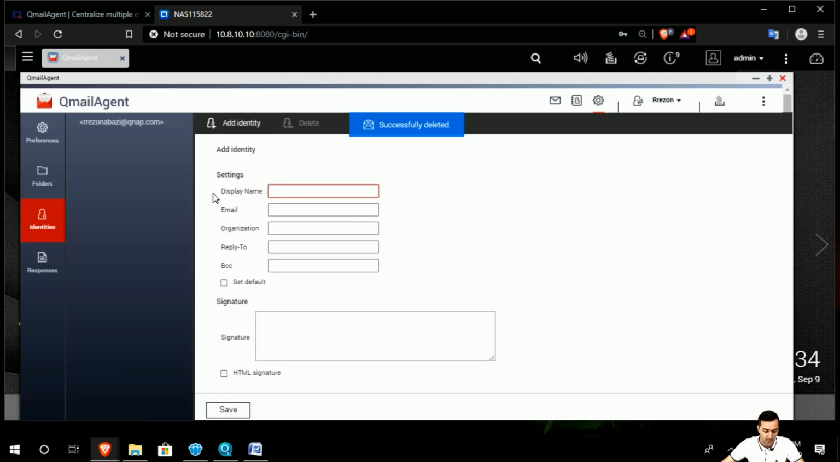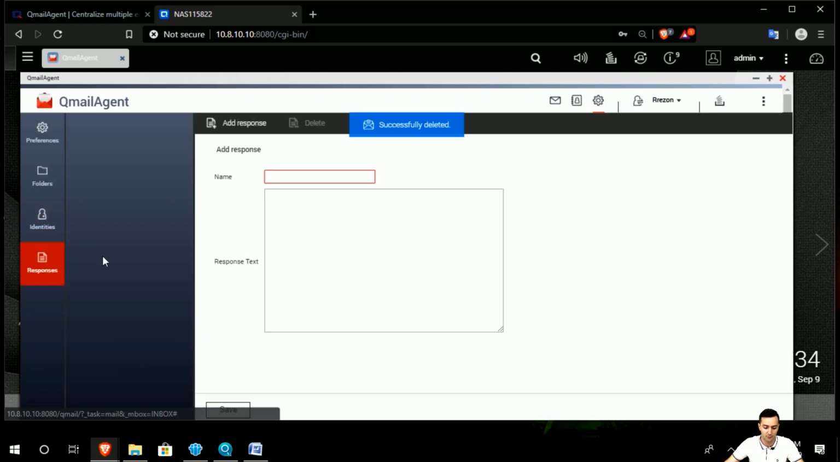All right. And then you can also move to the responses tab, add a response, and you can name it, and then you can use a text, and then use them later on for email management purposes. So that's it about the settings part. But before I move on,